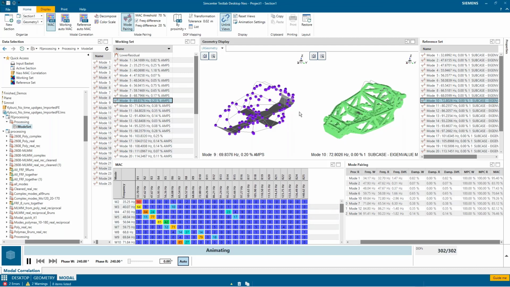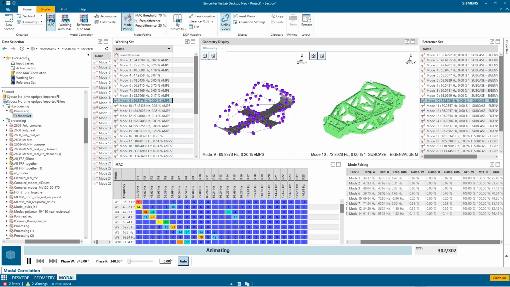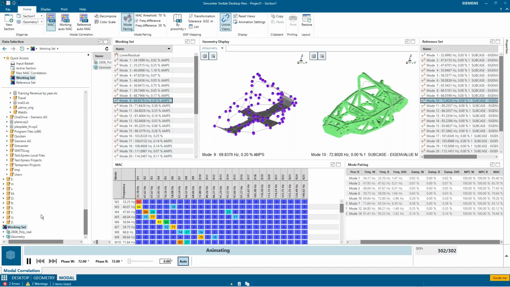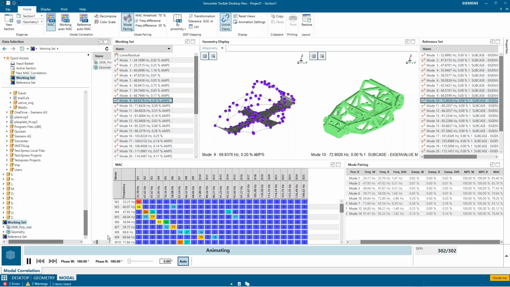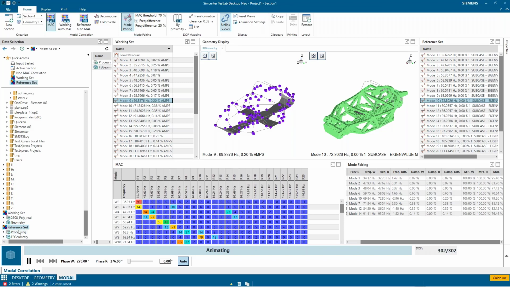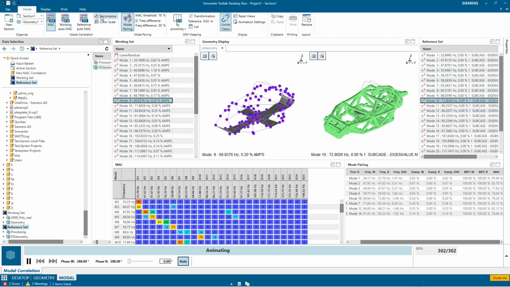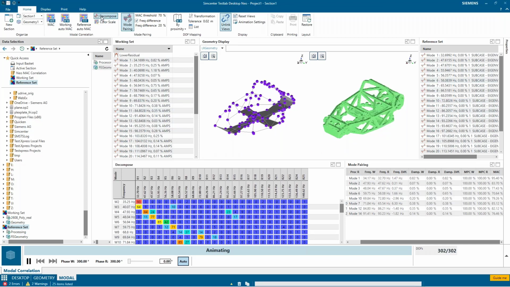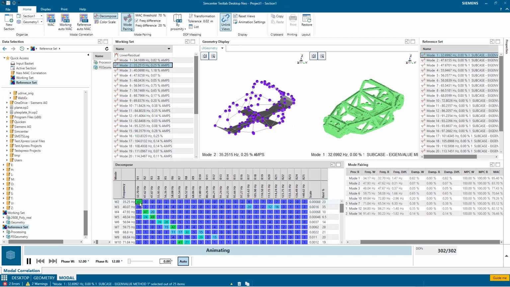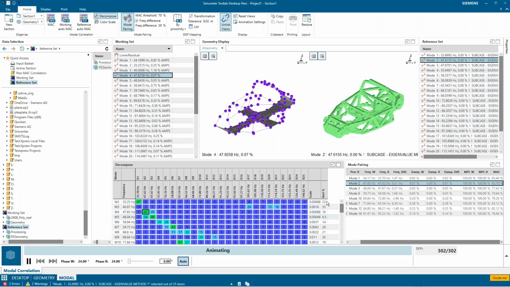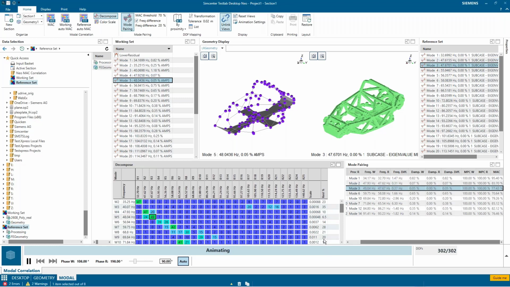Good question. I talked about the working sets at the bottom. So here in the quick access, these are basically links to the bottom. So down here, I can see what working sets I'm using, what reference set I'm using. If I wanted to do modal decomposition, I could decompose these test modes into the linear combination of these CAE modes. And that's done by this decompose button here. So I can see this first one is 40% of the first mode. And then I can see these decomposition values, and you can animate them. And you can see the rest value, very similar to how TestLab Classic does it in modal validation.